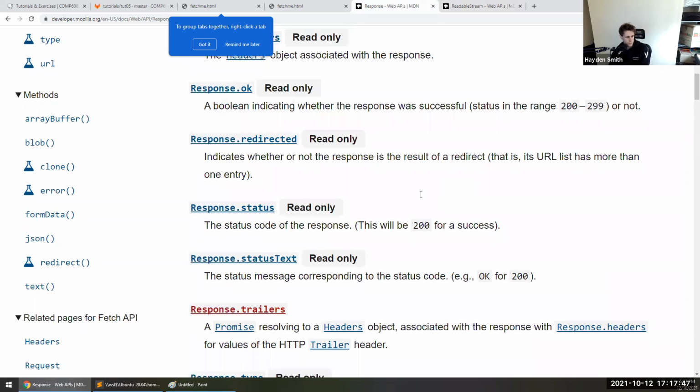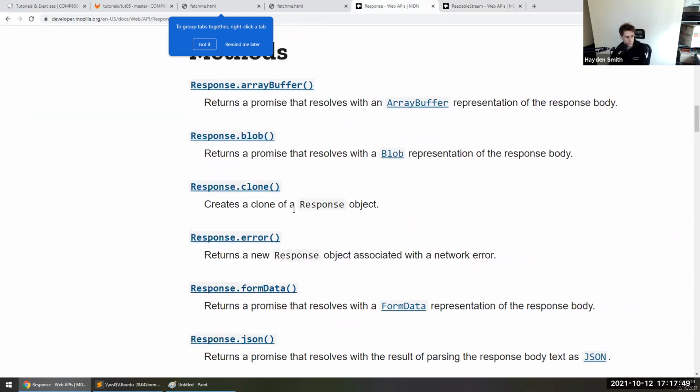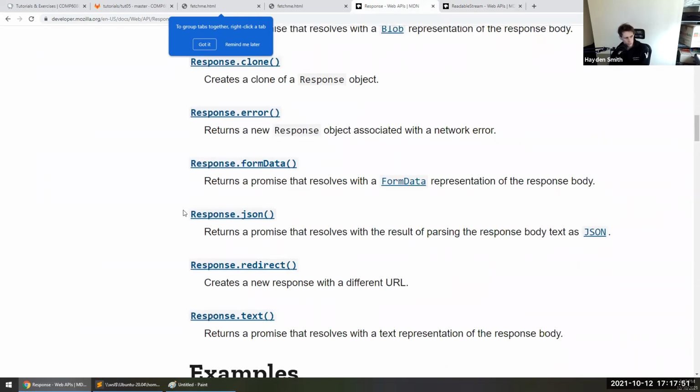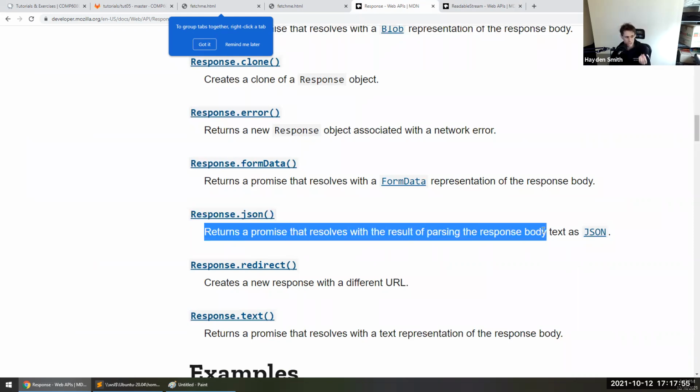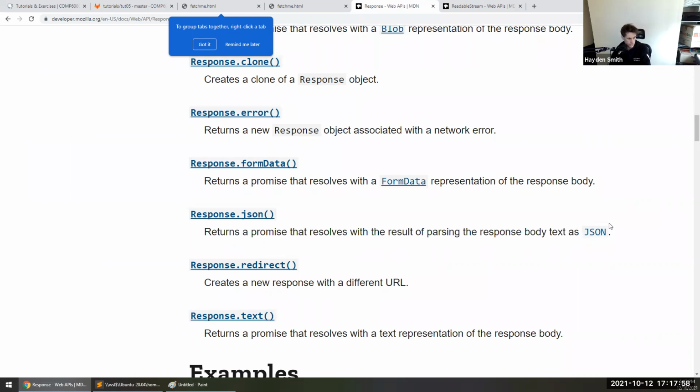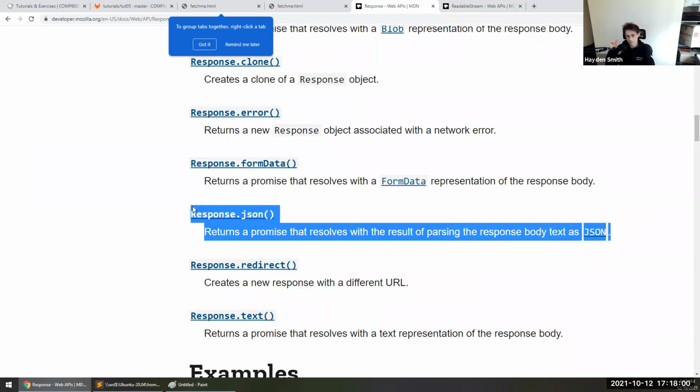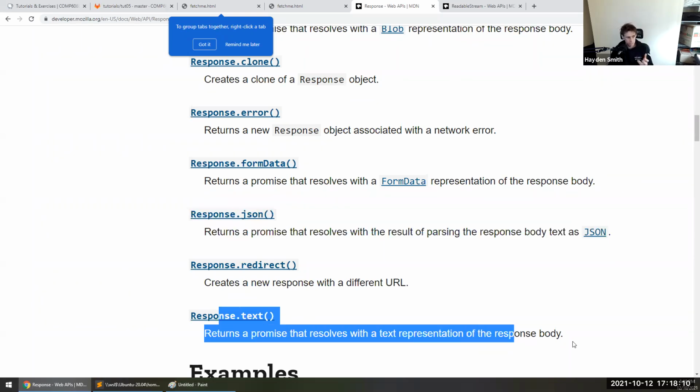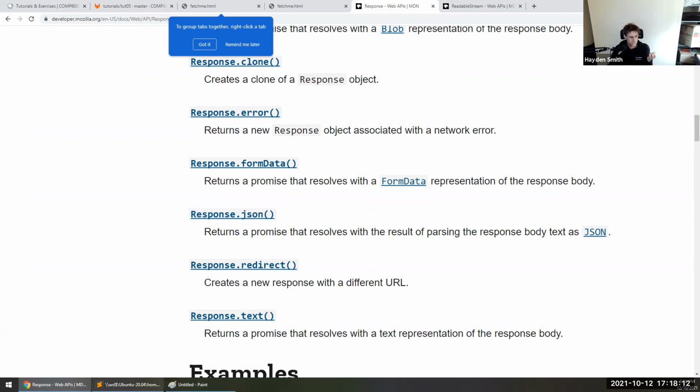So the response object does have a series of methods that are useful. For instance, it has a .json method that returns a promise that resolves with the result of parsing the body text as JSON. So that means if your body text is JSON, as you've probably seen in assignment 2, this one's super useful. If you know the body of the response is JSON, this will just convert it for you. And then you have ones like .text, which simply returns the body as a plain text